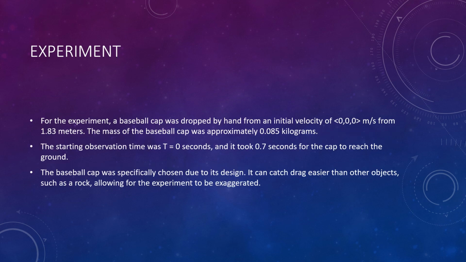Cool. So for the experiment, a baseball cap was dropped by hand from an initial velocity of 0 meters per second from 1.83 meters, or about 6 feet. The mass of the baseball cap was approximately 0.085 kilograms. The starting observation time was t equals 0 seconds, and it took approximately 0.7 seconds for the cap